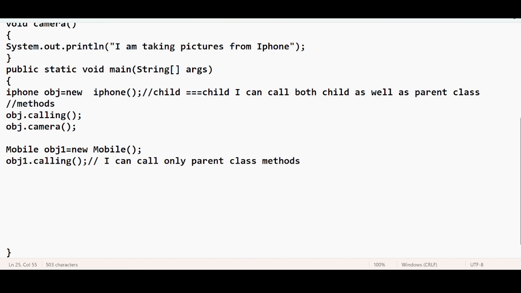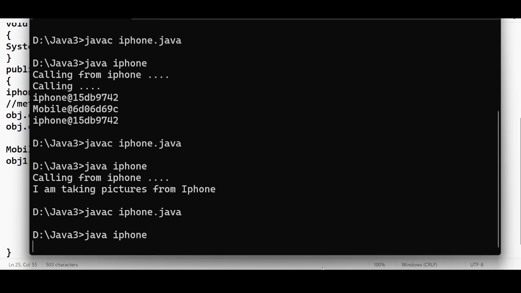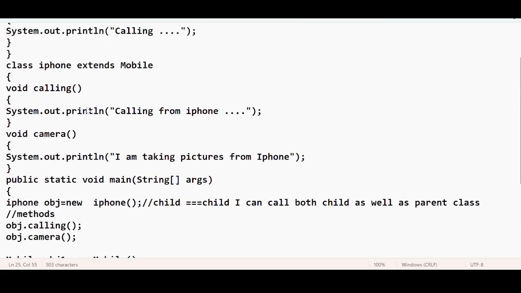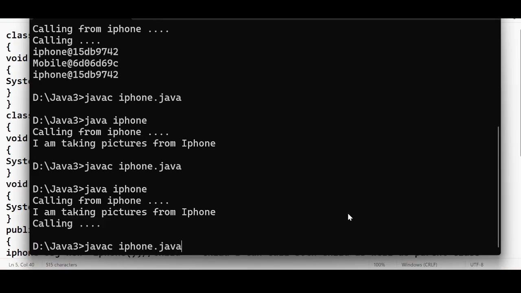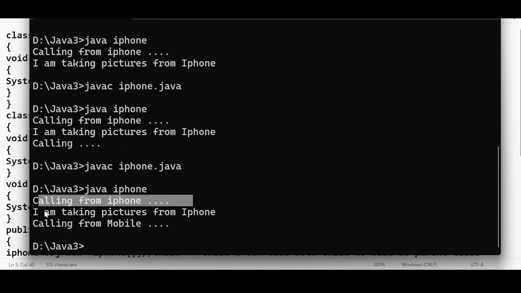Let me run this. Calling from iPhone. I am taking pictures from iPhone. Instead of just printing it as calling, let me print calling from mobile. Now you see: calling from iPhone, I am taking pictures from my phone, calling from mobile.